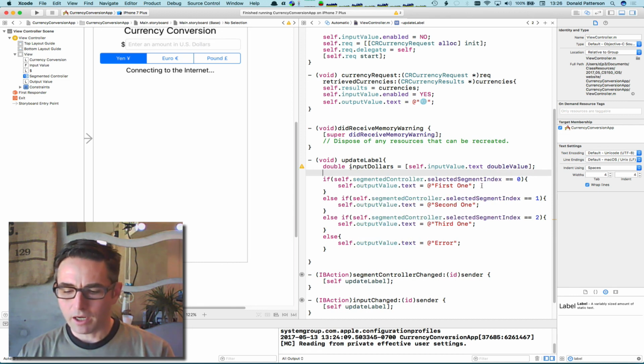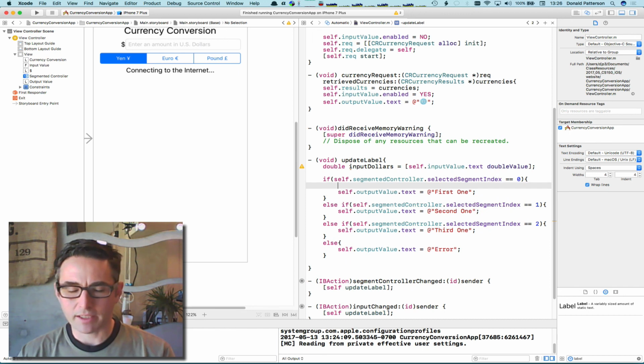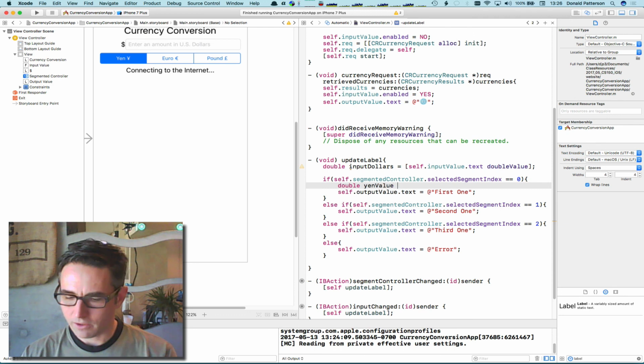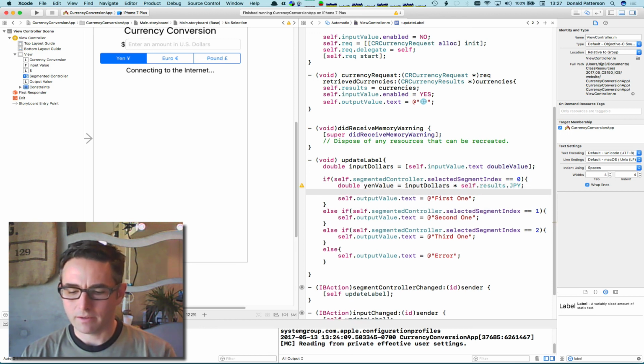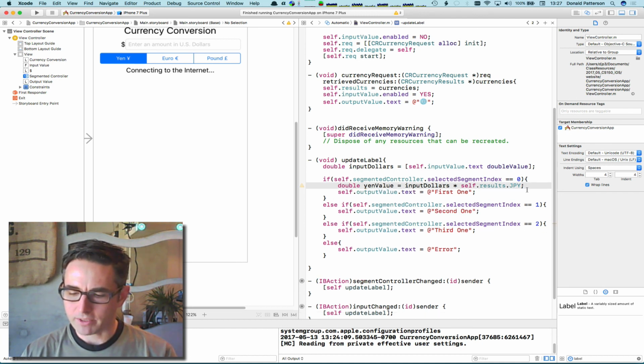And so now if our first segment is selected, then we want to convert that to yen. So we're going to say double yenValue is going to equal inputDollars times our results object, and the element that we're going to access in there is our yen conversion rate. And then we just need to construct a string, well, let's just do it directly. That will set our output text to